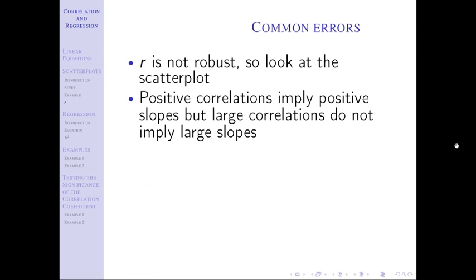that doesn't tell me I have a large correlation. If I have a large correlation, that doesn't tell me if I have a large slope. They mean two different things. You have to understand that the number of the correlation tells me nothing about the number of the slope.